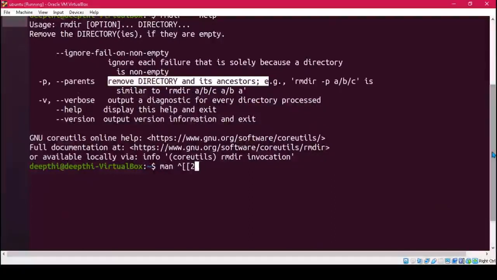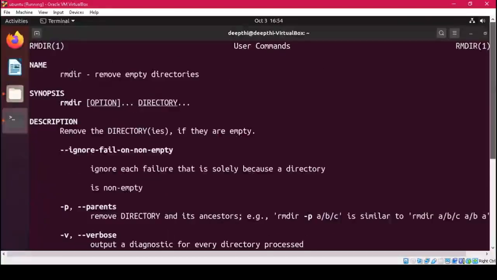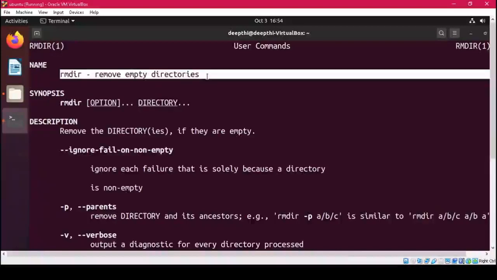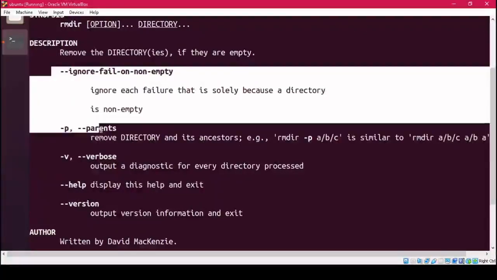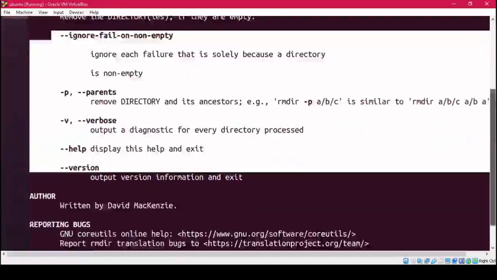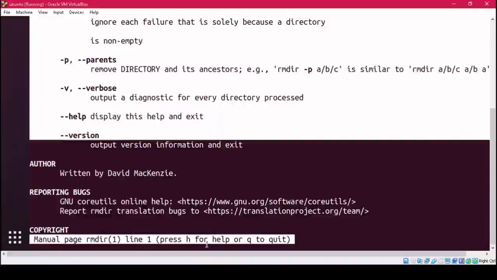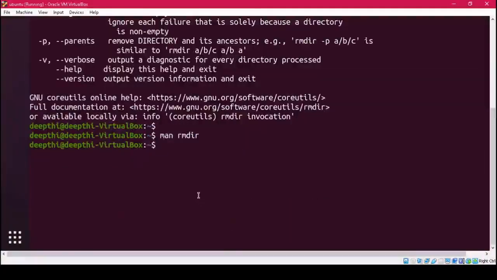And then you can also write man, that is the manual command. If you write this manual command man, and then you write rmdir, it is going to give you complete information related to this. It tells you everything about rmdir. It is used to remove empty directories, it tells you how it is represented, and it tells you about the other different options available for rmdir. In Linux, when you have to go out of it, you will write q. To learn Linux, basically we should go through this man command, which is going to display all the information about a specific command. So this was all about the rmdir command.